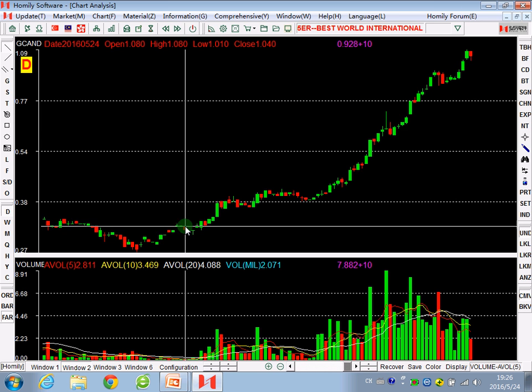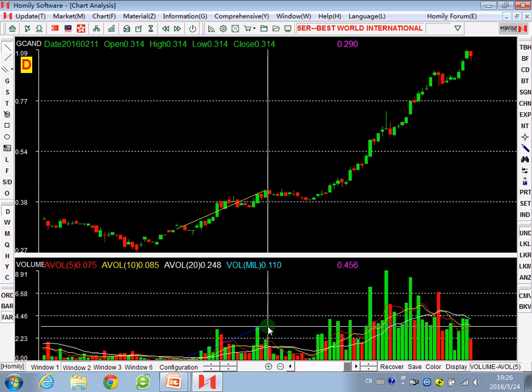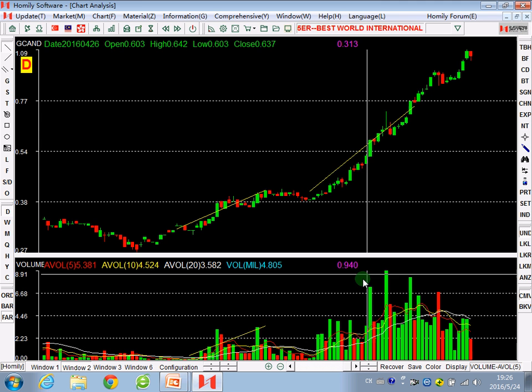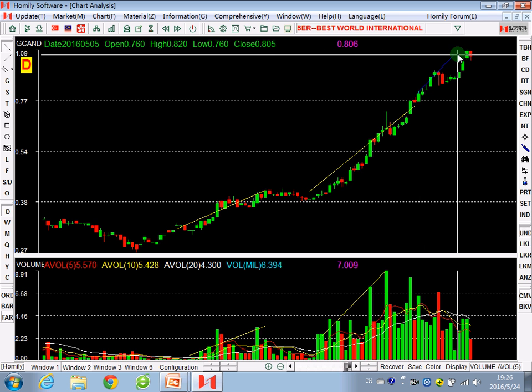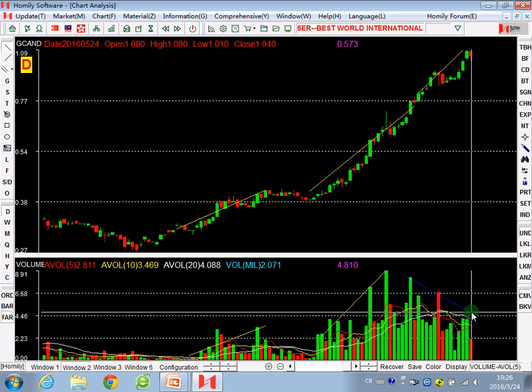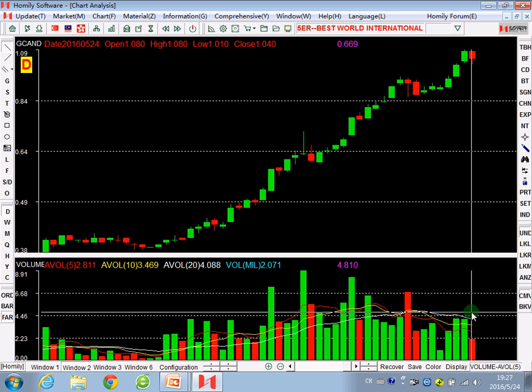Because we see here, the price up, then the volume increases. The price up, the volume increases. But if you see the price up, the volume decreases. So it tells you that it's not good, okay? So if you want to buy this stock, you miss a good chance, you should choose another one, okay? So this is the best word. Then we can see